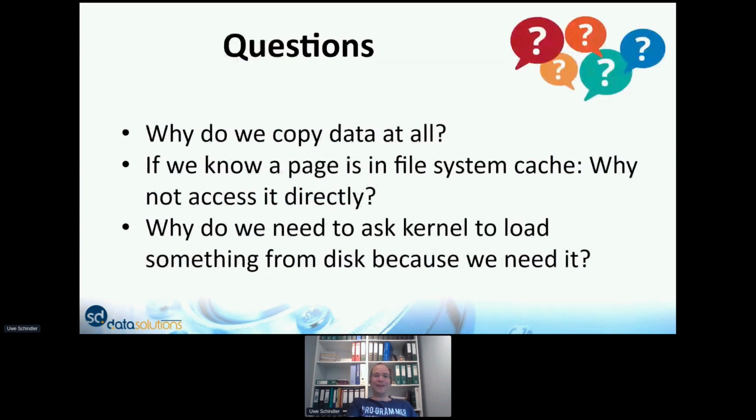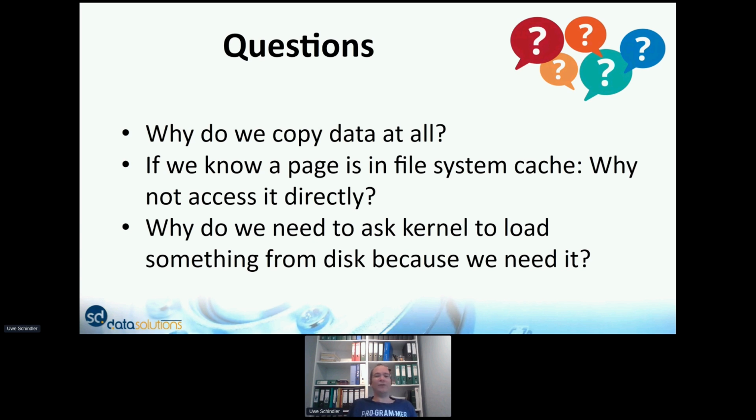So that's just a warning for everybody using Windows, because there was a question already on how to deal with Windows. So the question now, when looking at those two APIs from the 70s and from the 90s, is why do we copy all that data? Why do we need to do copying 3 times? Because we know from the very first slide that all the data is already in the file system cache, so it's already in memory. We just copy it over to our Java process space for no reason. And we must do that in bulks, which makes no sense.